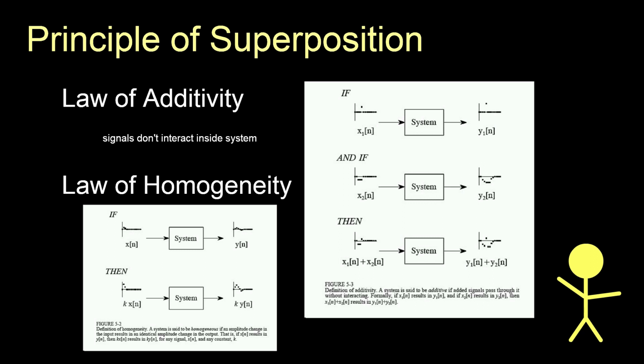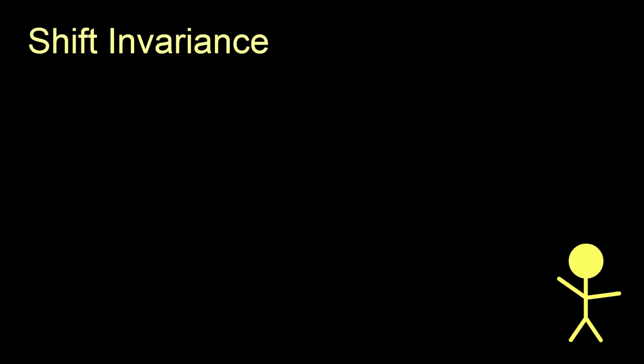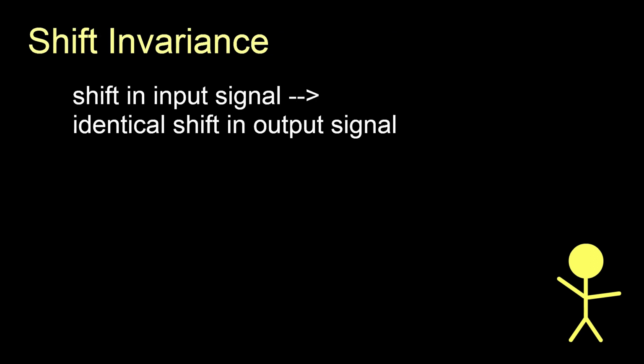A property of linear systems that is not required to be a linear system, but required for digital signal processing, is shift invariance. That means a shift in input signals results in nothing more than an identical shift in the output signal. It is important because it means characteristics of systems do not change with time, or whatever the domain is. Once a system becomes nonlinear or non-shift invariant, it becomes a nonlinear differential equations problem, and we do not like that. In fact, the only way to solve a nonlinear system is to make it resemble a linear system.